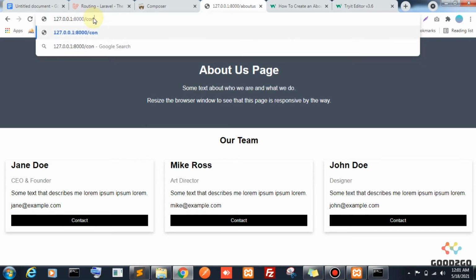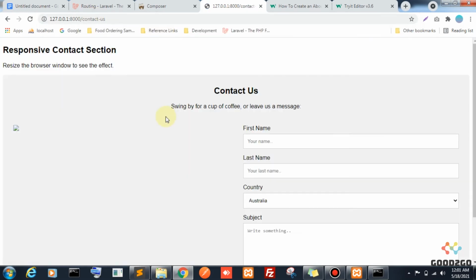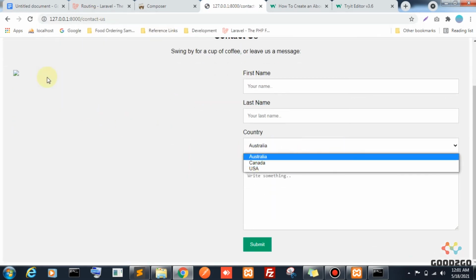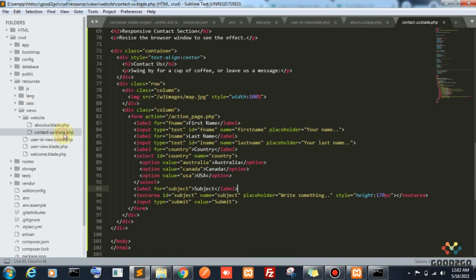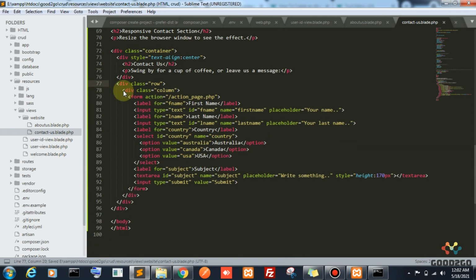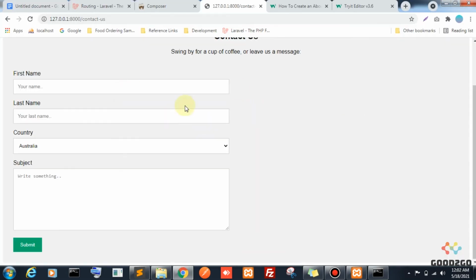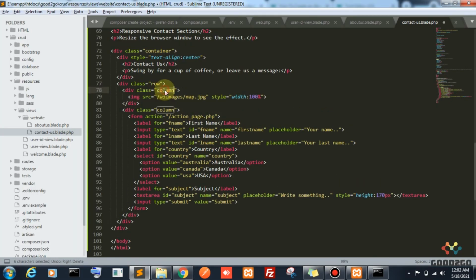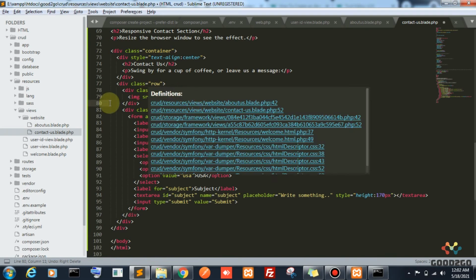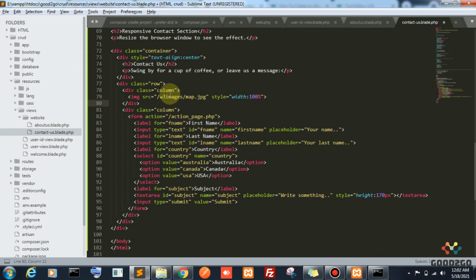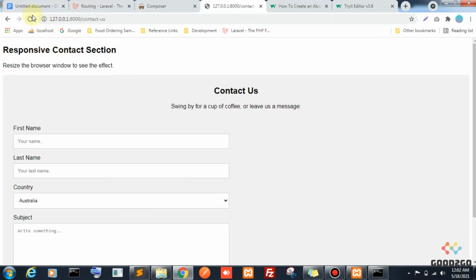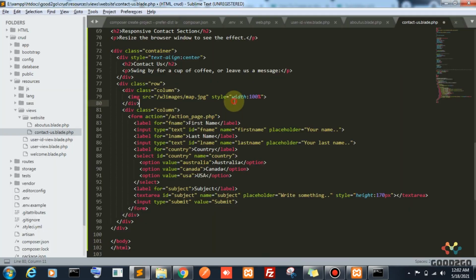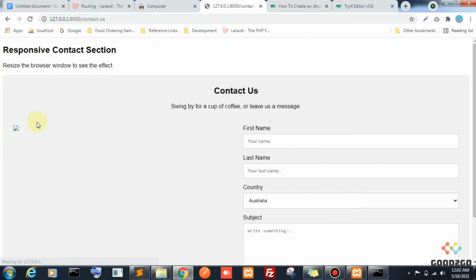Okay, fine. Now let's go to the contact us page. Wow, I even have a pretty contact us page. Here is also some image issue, so let's remove this. See, here is a column tag. I remove this column. Row means it will consider the whole page. Inside that row we are split into two columns. I'm saving this file.